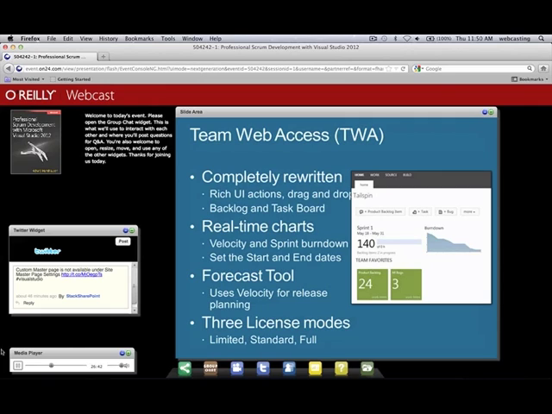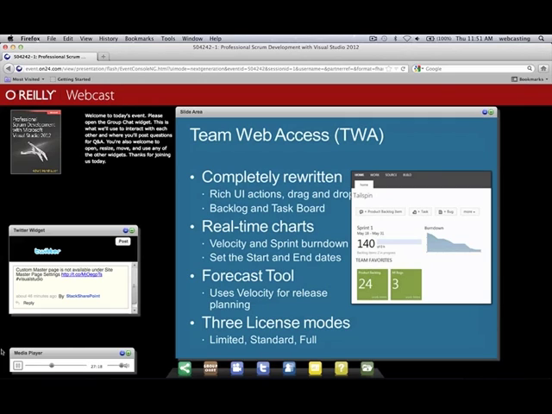You get real-time charts too. That's another thing too. The velocity chart and the sprint burn down. So in my graphic there, you can see a little sprint burn down chart for Fabrikam. That does not require the data warehouse to refresh and then the cube to refresh. That is real-time based off of the operational database. So if you go and complete a bunch of tasks and come back to this page and hit F5, boom, you're going to see that instant update of the chart. So that's really nice. I almost prefer that over the burn down chart reports because that still relies on the data warehouse to refresh.